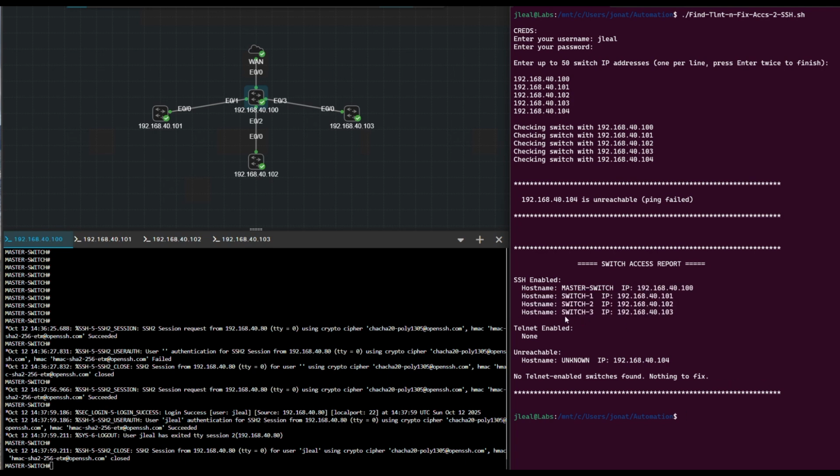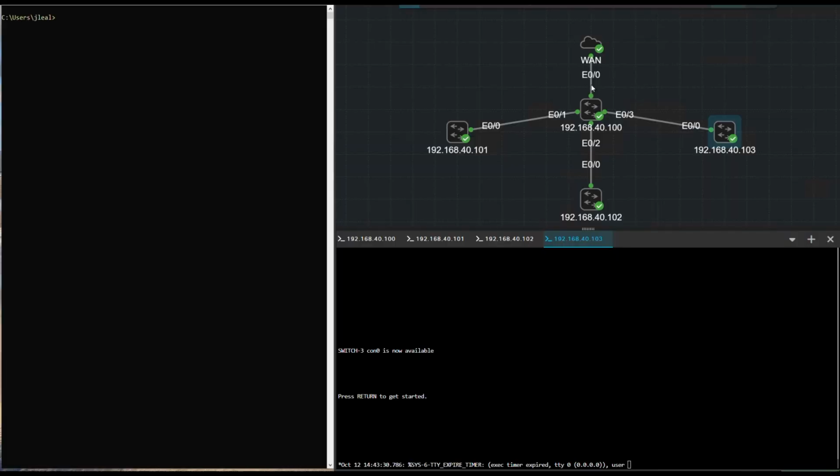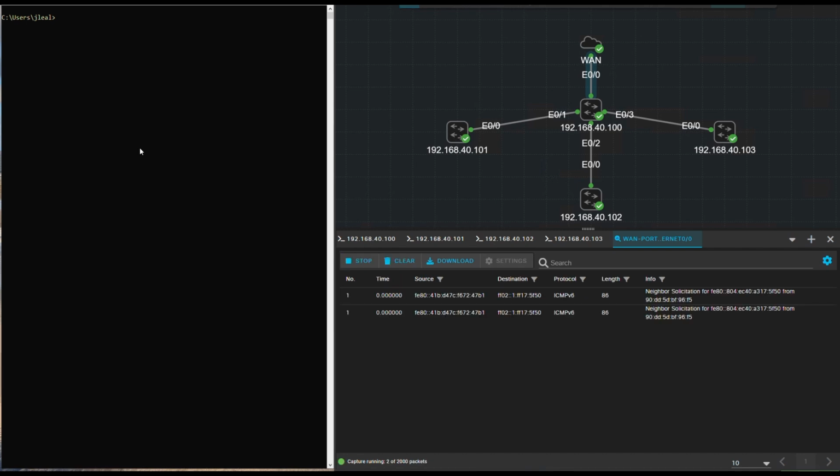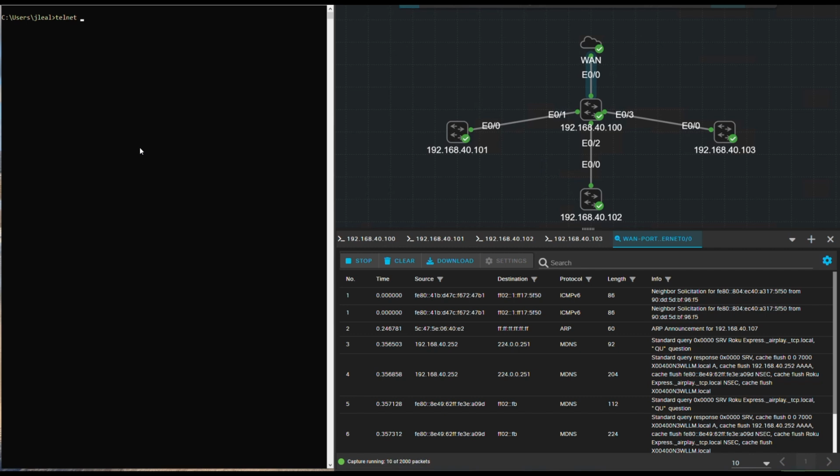Okay, so now that I know everything has been fixed, I'm going to SSH into the switches as I do a packet capture with Wireshark, and then I'm going to look at the results and see the difference between Telnet and SSH. So before I do that, I'm going to go to the link between the WAN and the first switch in the topology, and I'm going to open packet capture. I'm going to go ahead and start the capture, and I'm going to try to Telnet into the switch, which at this point it should time out because Telnet is no longer enabled. So with that, I'm going to SSH into the switch,